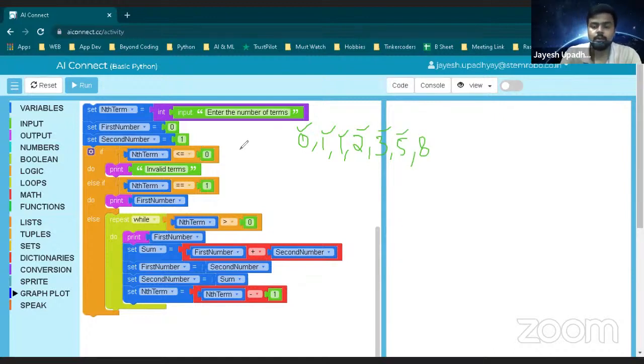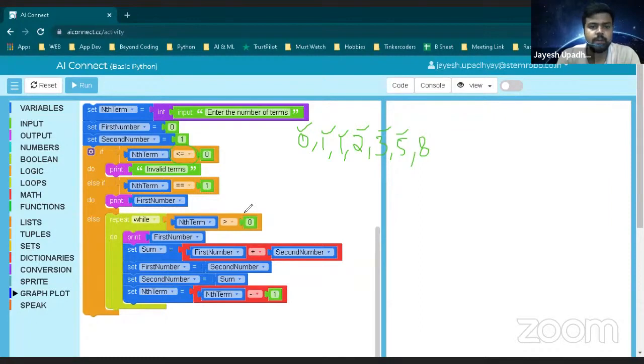So what I have done over here, first I add a condition that if the term which is given by the user, because the user is giving the number, maybe it might be possible that the user is not aware about this Fibonacci series. So maybe the user gives a negative number or 0. So for that case I have written that the n term should not be less than 0 or equal to 0. Okay. So you can't give a number which is negative or 0. So this is a condition for that, and for this I'm showing that this number is invalid.